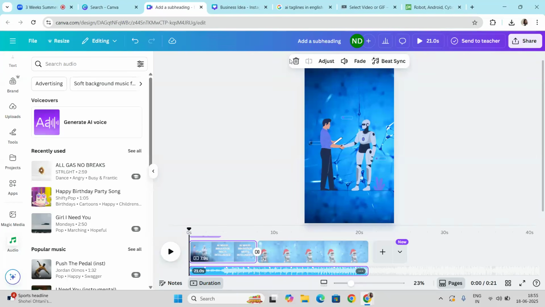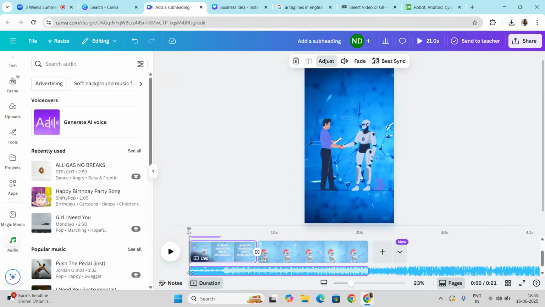Once you click on it, you will be able to see a lot of options again in this white line. From the delete button, you can delete. If you click on the adjust button, the rest of the music will be visible to you. You can scroll it down and take any part of that music.